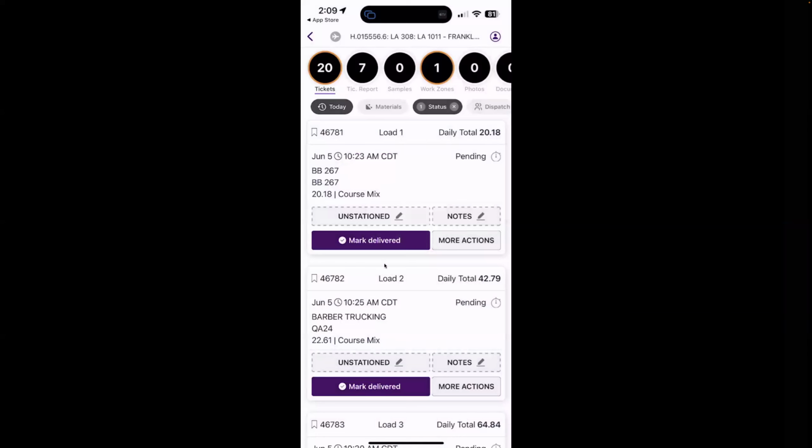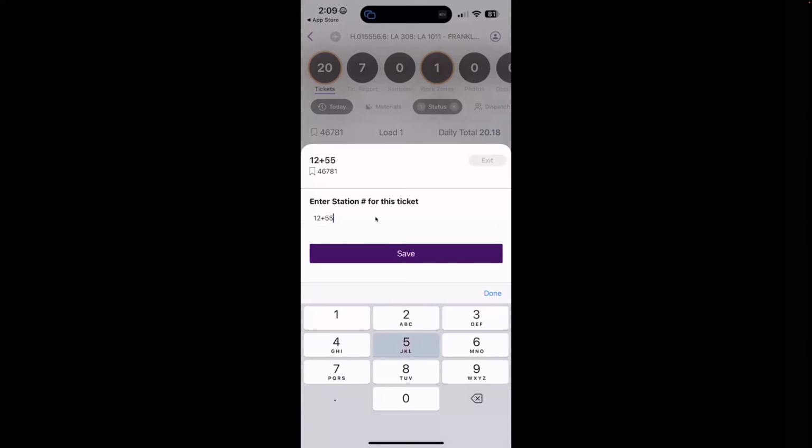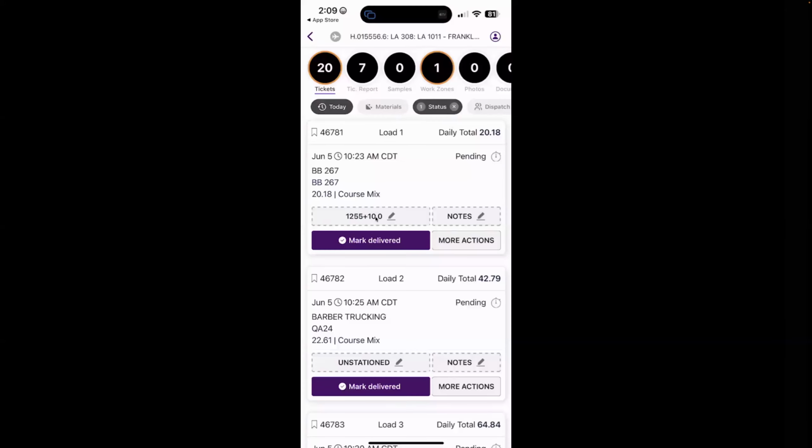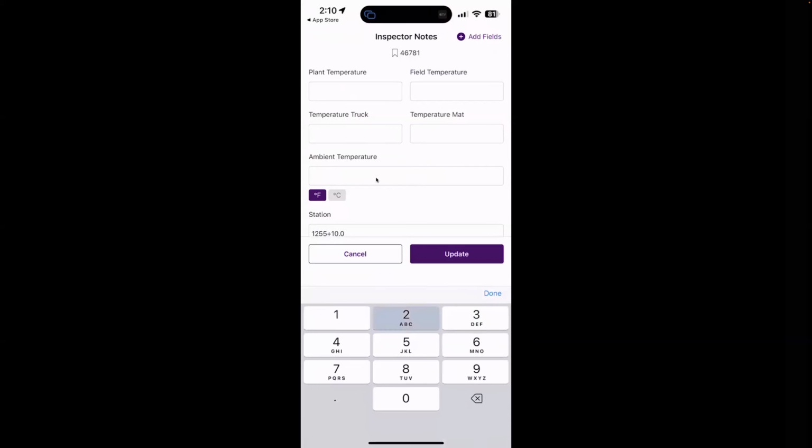Now, as far as notes that you can add, you can see here you're able to actually apply your station and offset if you want. You just type that in here. You can click on the notes section, and this is where you have a plethora of fields for you to input any truck details. So if you want to put an ambient temperature in here and you want to do a field temperature,